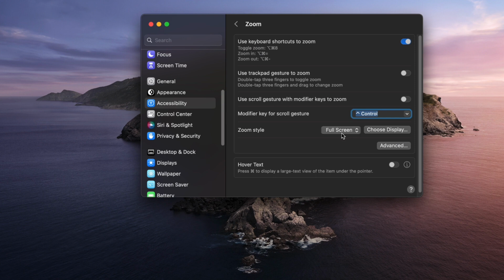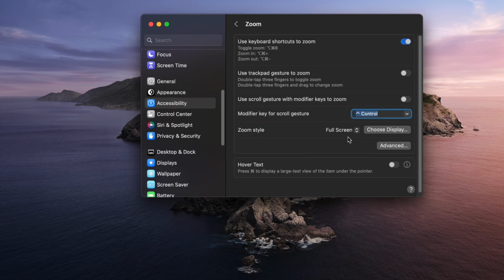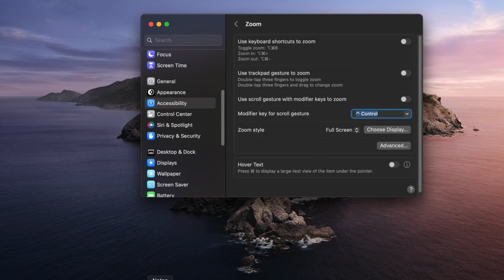For users with multiple displays, screen zoom provides the option to choose which display is zoomed in when using full screen mode. These features allow you to focus your zoom on a secondary display while keeping your primary display unaltered, enhancing your multitasking capabilities. Now that you have a thorough understanding of screen zoom's features and settings, let's explore some